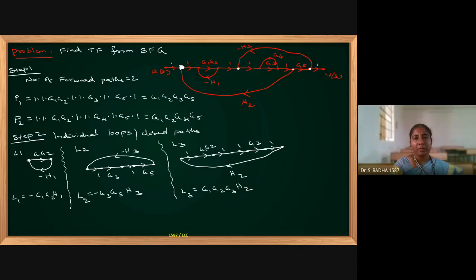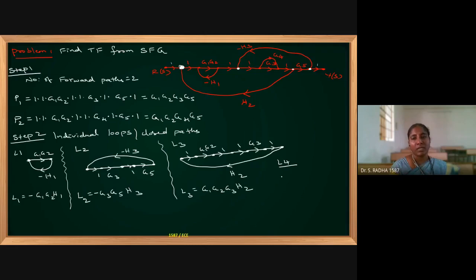Any more closed loops are there? In the place of G3, I can take help of G4 and form one more loop. You can see how I can draw L4, similar to L2. You check L2. In the place of G3, I can take G4 and come up with a new loop. Like that, from L3 also I can make L5. In the place of G3, I can take G4 and come up with another closed loop.